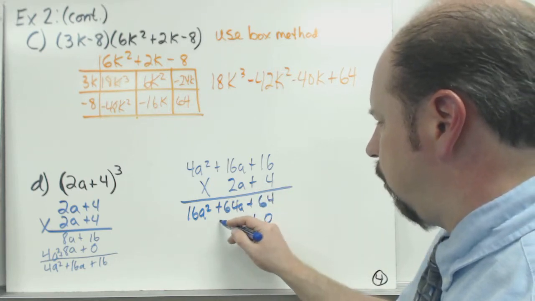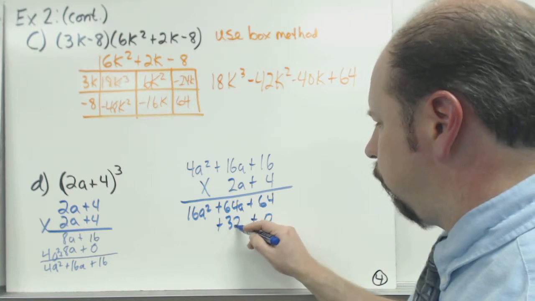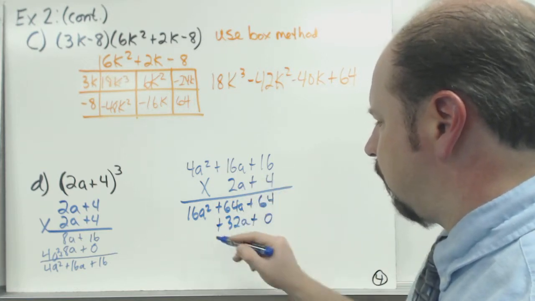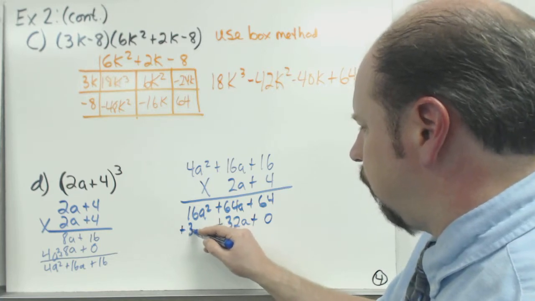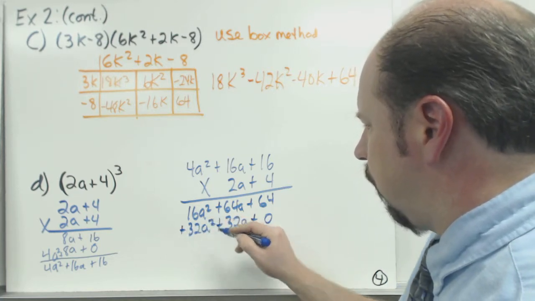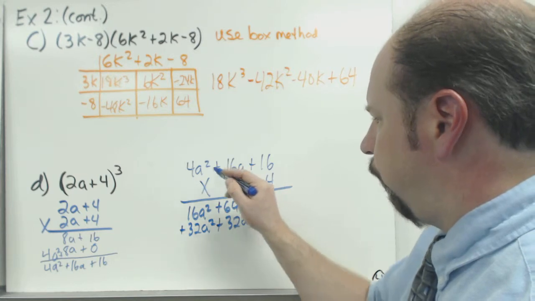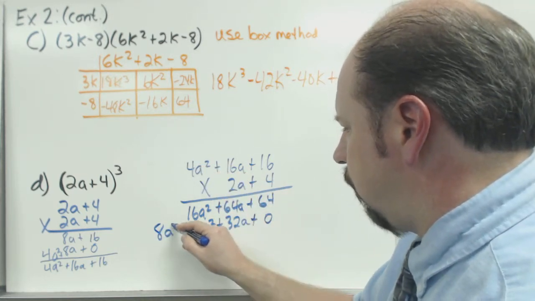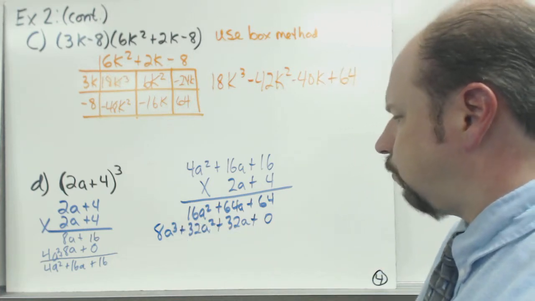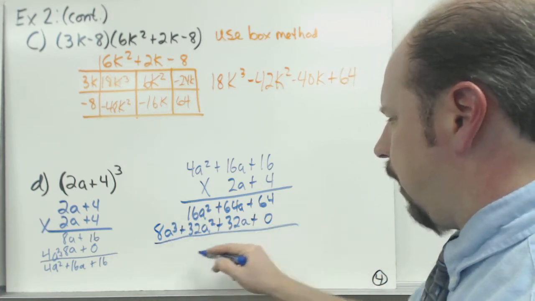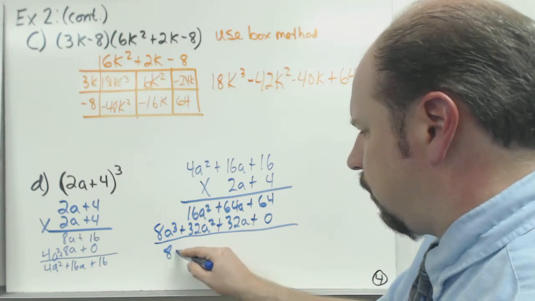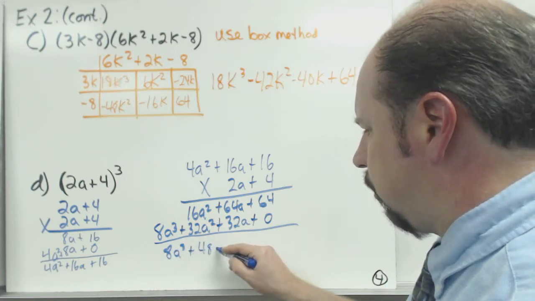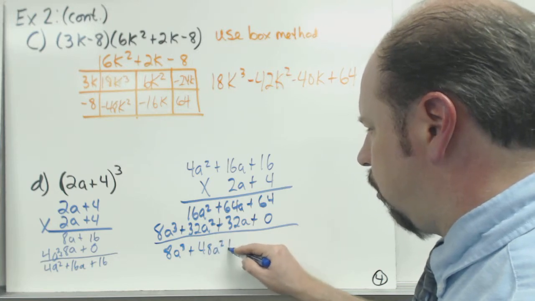2a times 16 is plus 32a. 2a times 16a is plus 32a squared. And 4a squared times 2a is 8a cubed. Okay, and now we add. So we have 8a cubed plus 48a squared